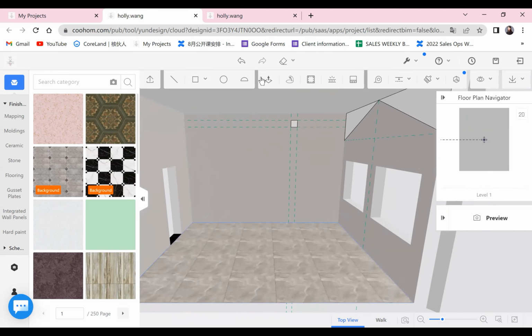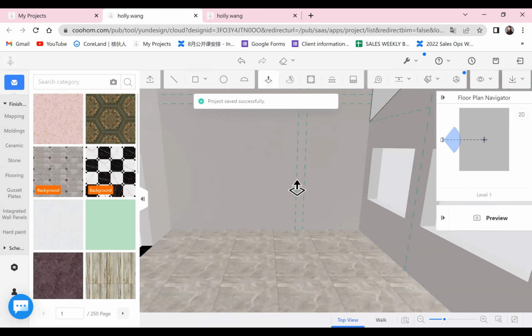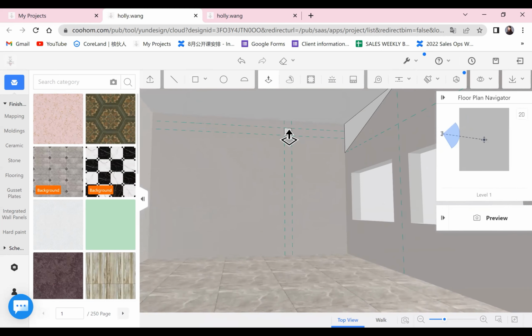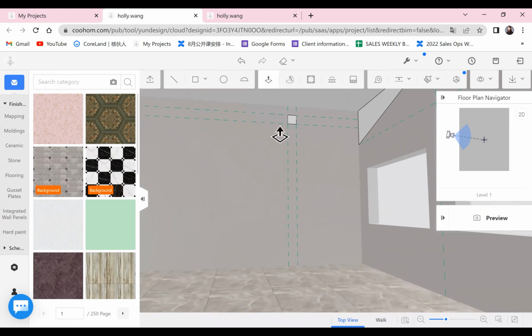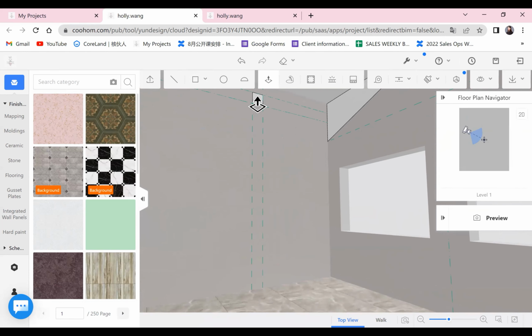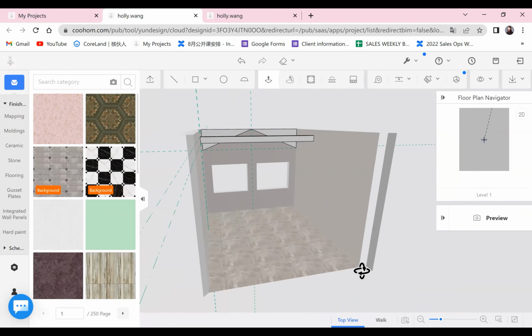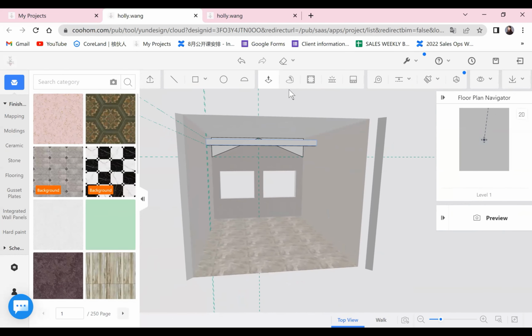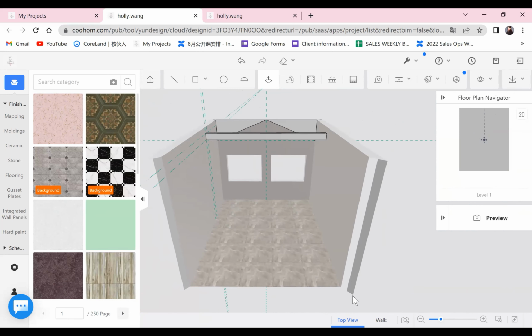Then we can also use push and pull. Too small to pull it. All right, and to the other side, 4,000. You see, 4,000, we already got it.